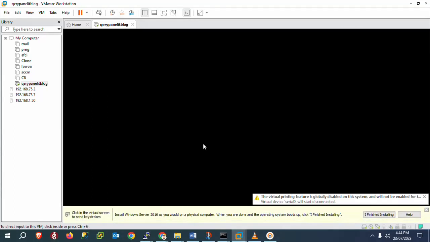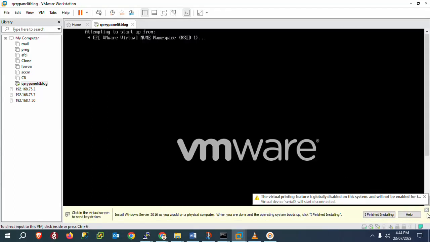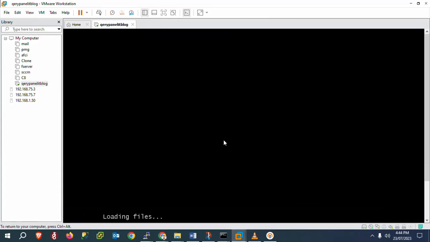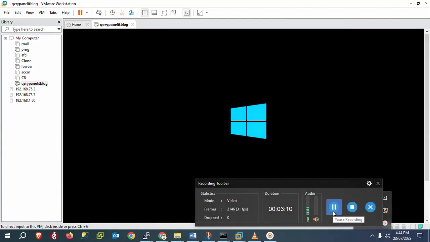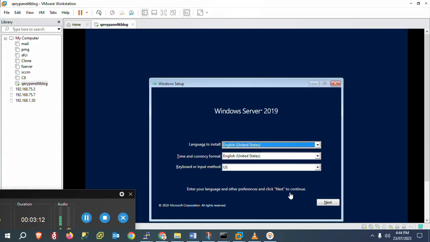Once you power on the machine, there will be an option to press any key. I just press any key. Once you can check, the installation process has started. You need to wait because it takes some time. It takes a little time, guys. As you can check over here,